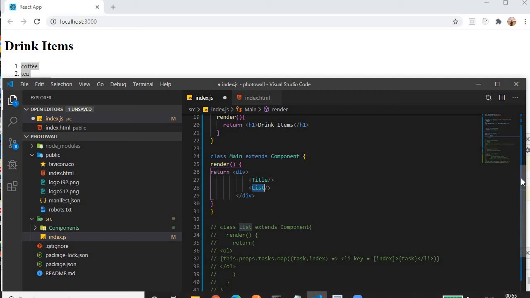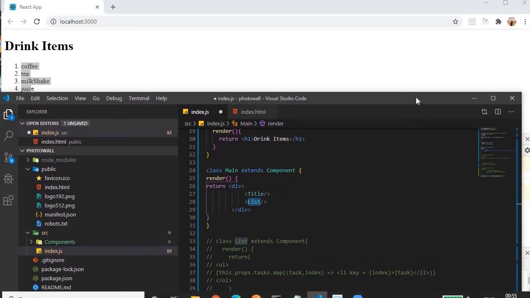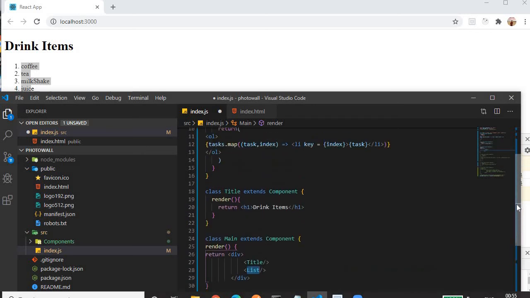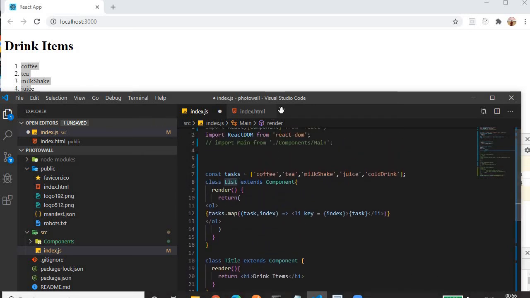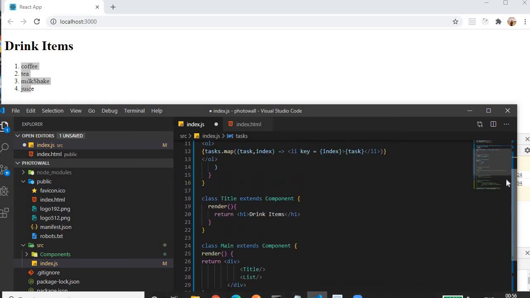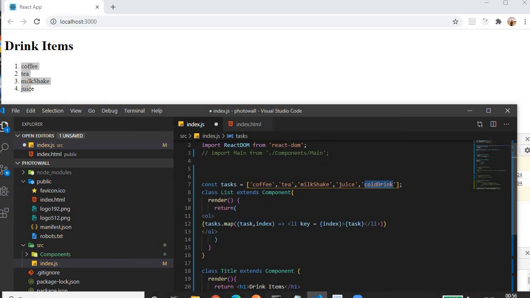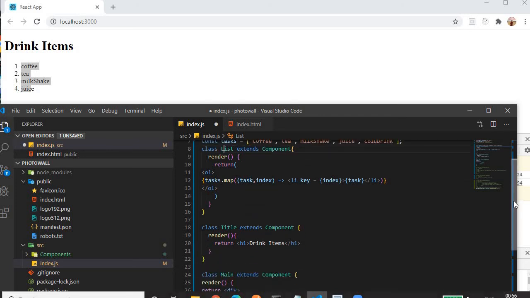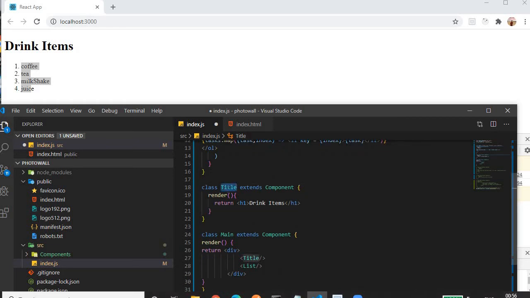Let me add some new item in the list so that we will see. Up to this point, if you see the browser, we are seeing juice as the last list item. We are adding one more item to that so that we'll see whether our web page is refreshing or not. You understood? We have to create one List component for the list items, another Title component for the title, then the Main component for combining these two components.